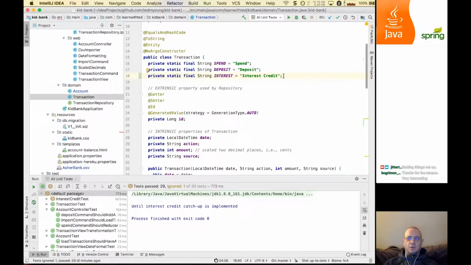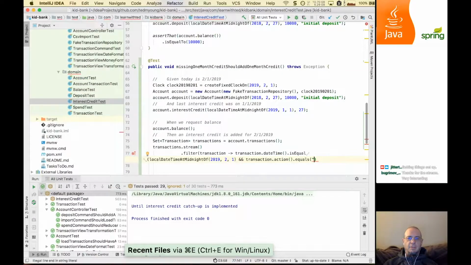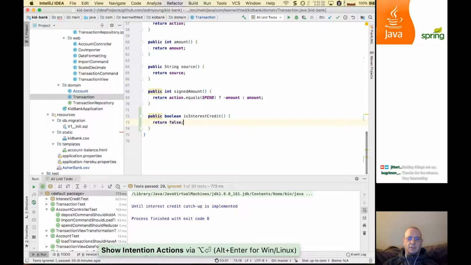Yeah, okay, so this is interesting. This is a private static. The fact that it's a string should be internal. If I try to externalize that into this test, that means I'm going to have a test that's dependent on its implementation. What I really want is to say, hey, transaction, is interest credit? I'm asking you, are you an interest credit transaction? So we'll go ahead and create that and basically return